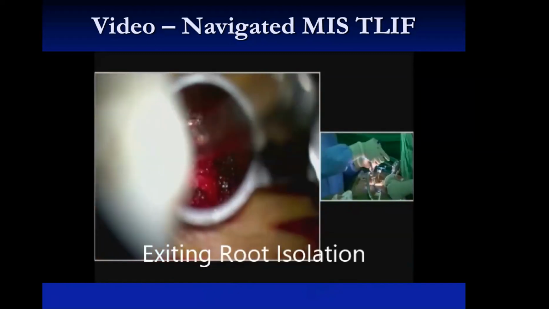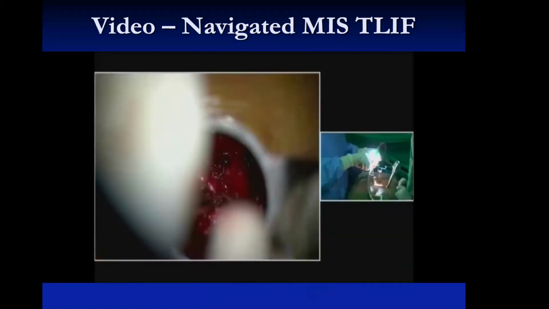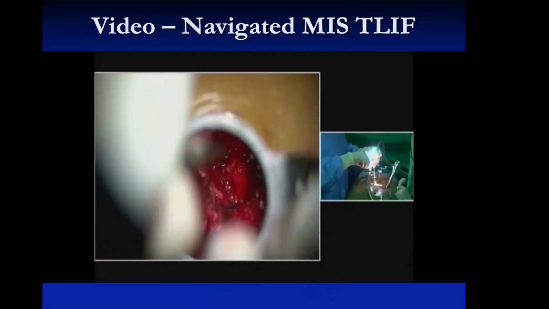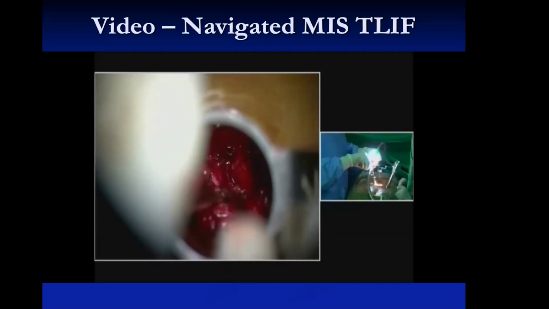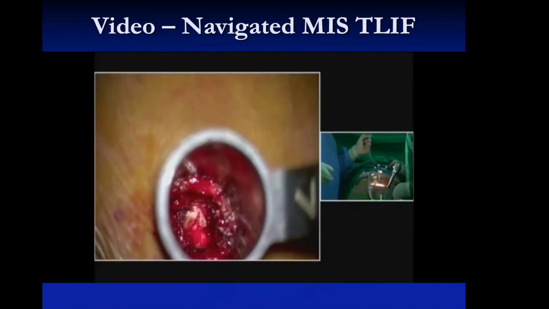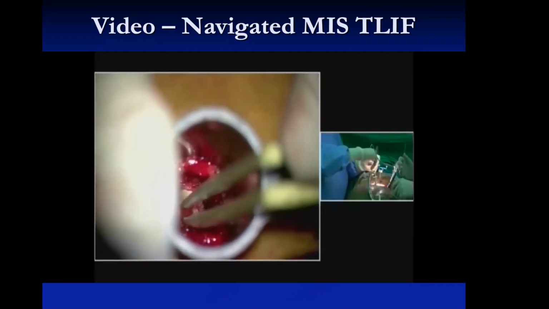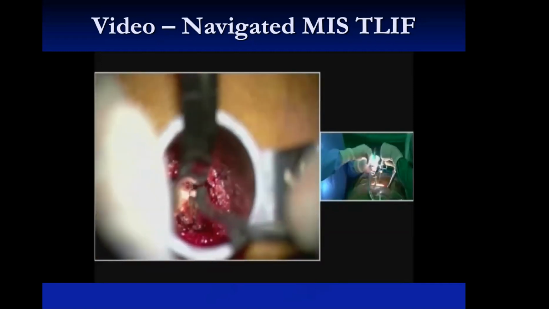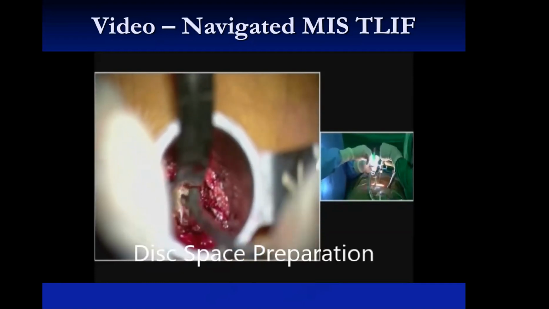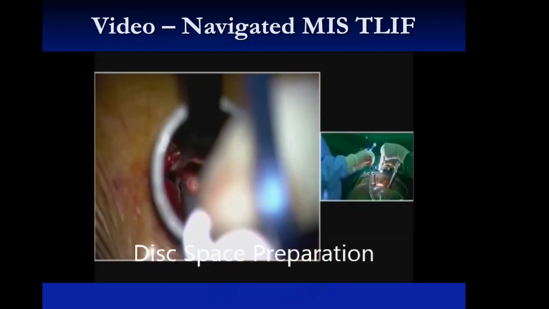Remember, in spondylolytic spondylolisthesis, it is the exiting root that gets trapped underneath the fibrous cartilage of the defective pars interarticularis. So it is necessary to isolate the exiting L5 root and then identify the disc space. Once the disc space is identified, a box annulotomy of the L5S1 disc is performed